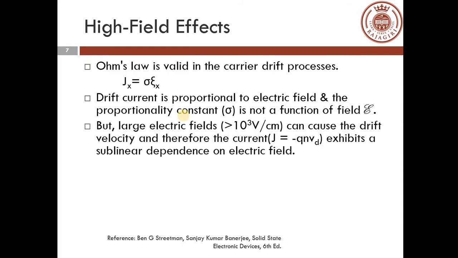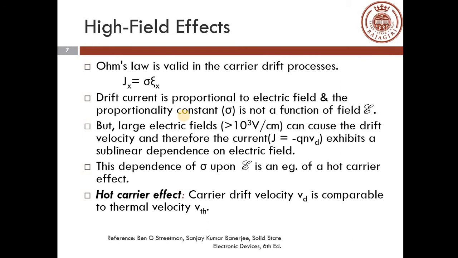So with that, we have come to an end of our discussion of variation of mobility with changes in temperature and doping. Now let's discuss a phenomenon called high field effect. In the previous session, we assumed that the drift current is proportional to electric field and the proportionality constant is given by sigma. So this equation is written as Jx is equal to sigma into epsilon x,